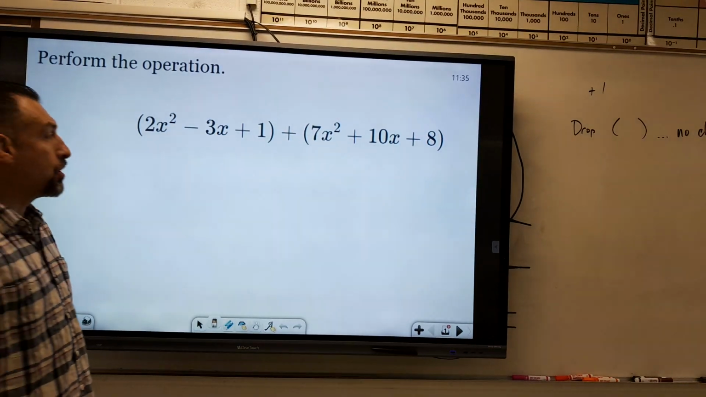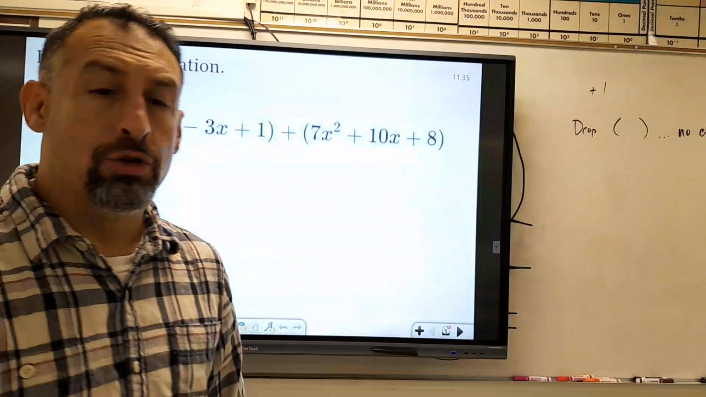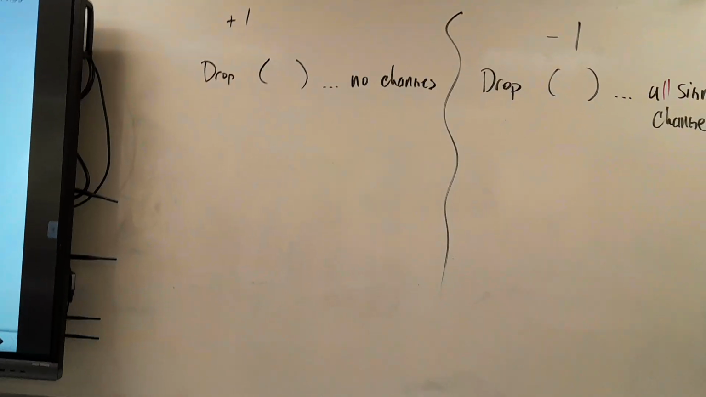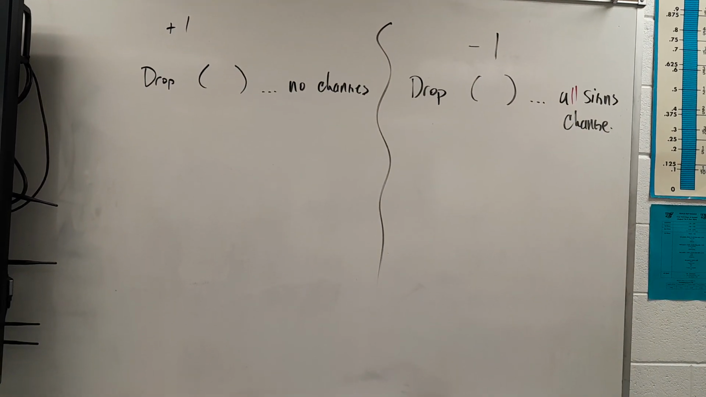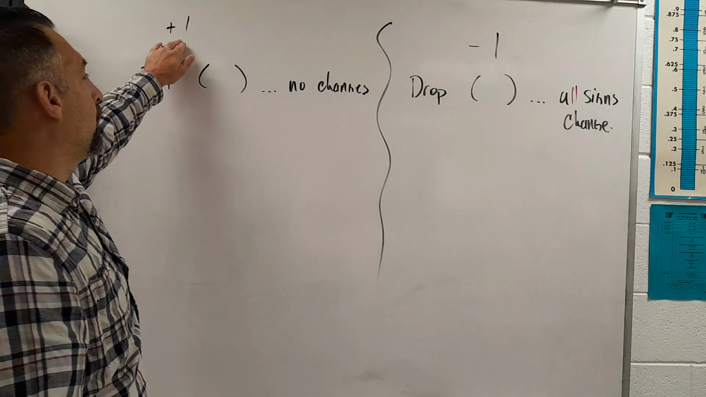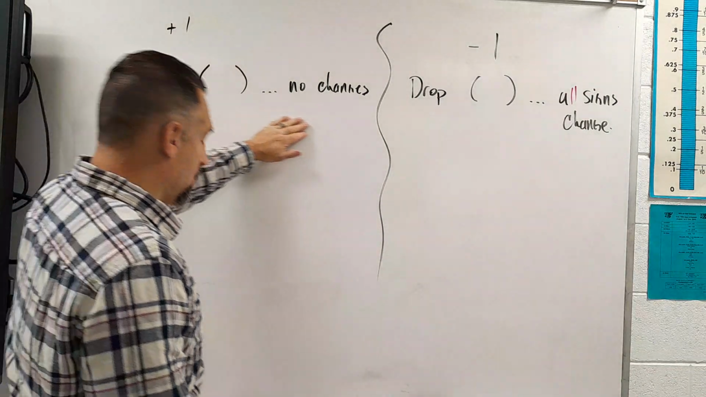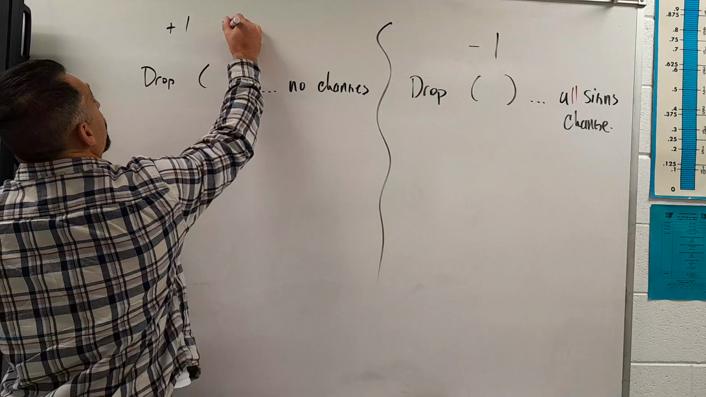There's a few styles of questions that we'll work on today, and I've also got the two rules that I'll be referencing, and you may want to write these down on your paper if you're at home. Rule number one is if there's a positive 1 in front of the parentheses, then you can drop these parentheses with no changes. Again, this positive 1 is in front